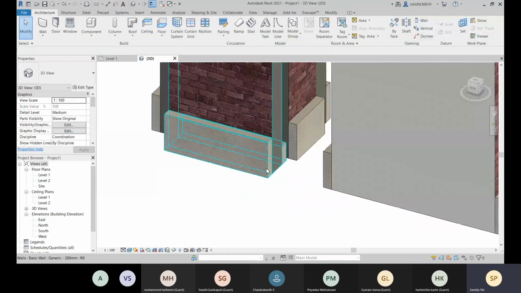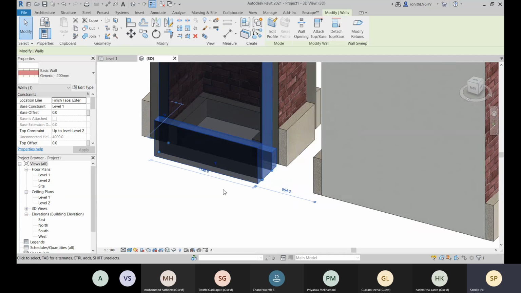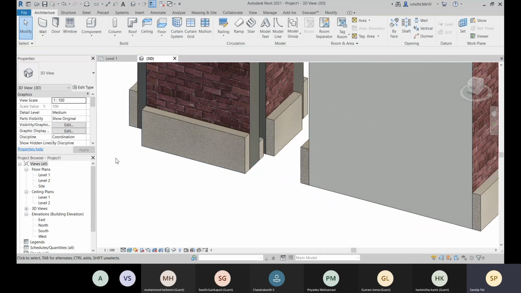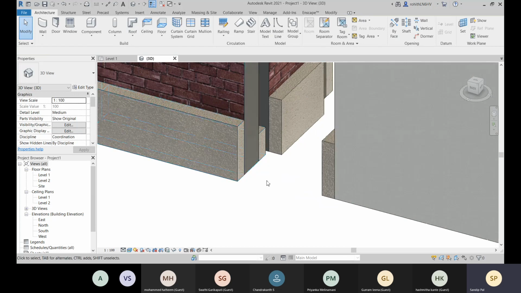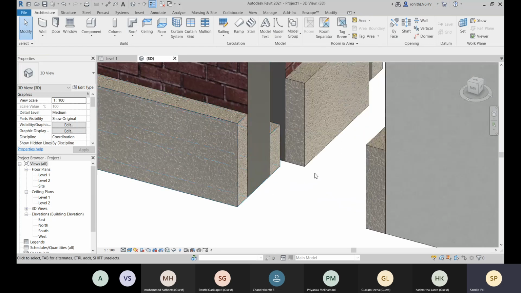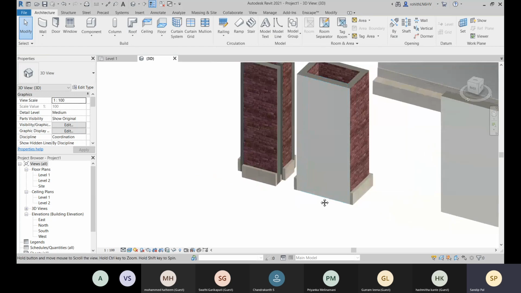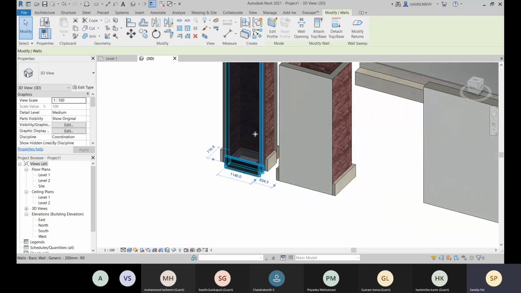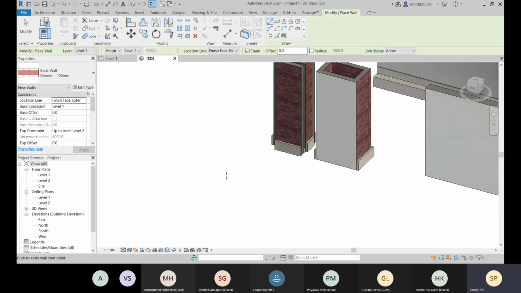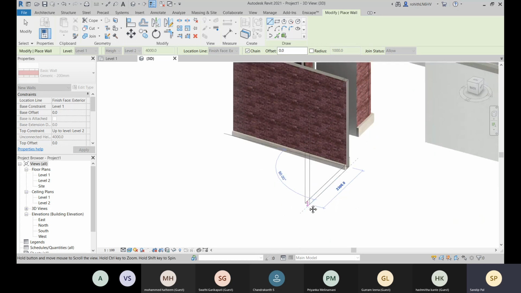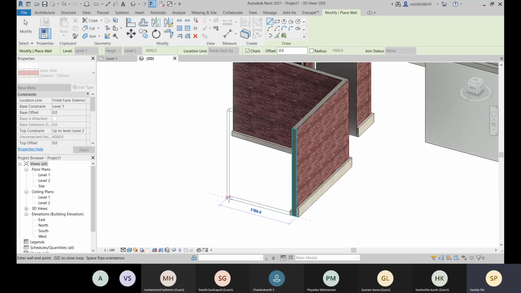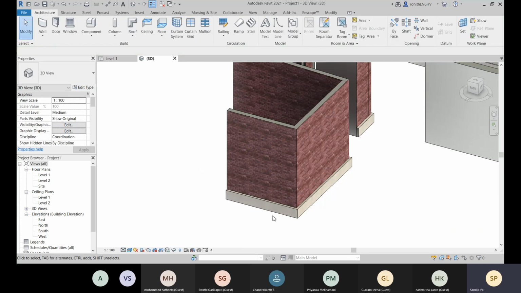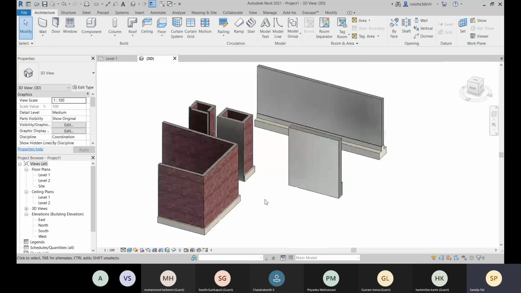Yeah. So here you can see. So why I was having that warning message, because I already added one wall sweep and that was overlapping. So I deleted that one, and right now you have selected this and you can go with this create similar. So this similar wall you can start creating it, or you can type CS, the shortcut. So you can see that it will start continuing it. Alright, so you can go with this wall sweeps.